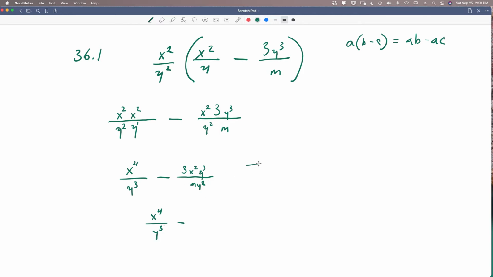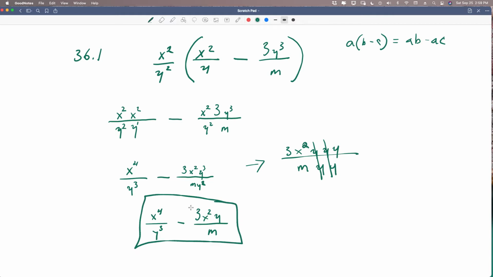But I'm going to take this one, I'm going to write it over here. 3x squared, and then I have 3 y's. Y, y, y. And then I have m, y, y. I could take this one and I could take this one. So that leaves me with 3x squared y over m. This is the final simplified version